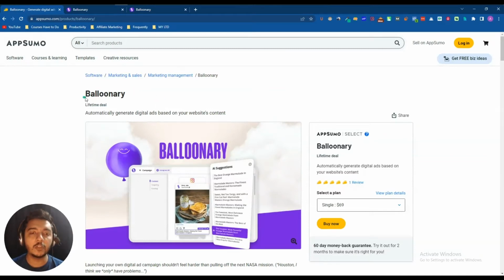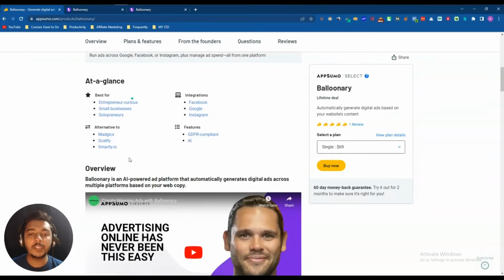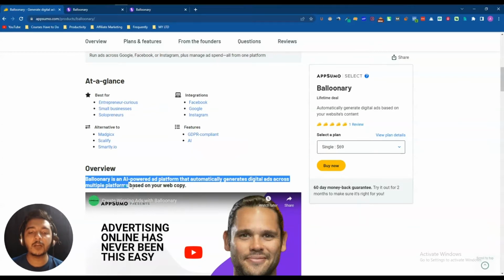In this video, I'm going to review Balloonary. Balloonary is a tool that will help you automatically generate digital ads based on your website's content. By using this tool, you can run ads on Facebook, Google, and Instagram, and in future the LinkedIn ads feature will come also. They're saying Balloonary is an AI-powered ad platform that automatically generates digital ads across multiple platforms based on